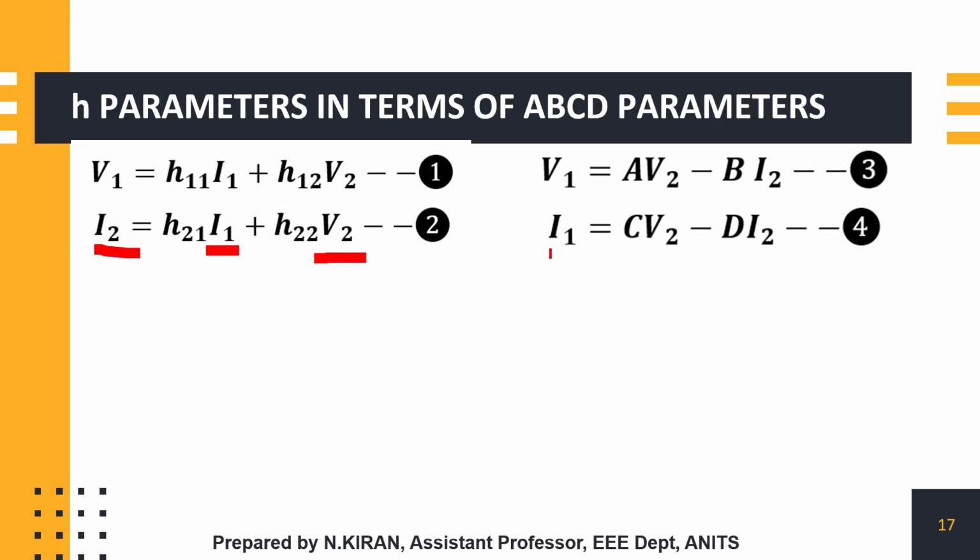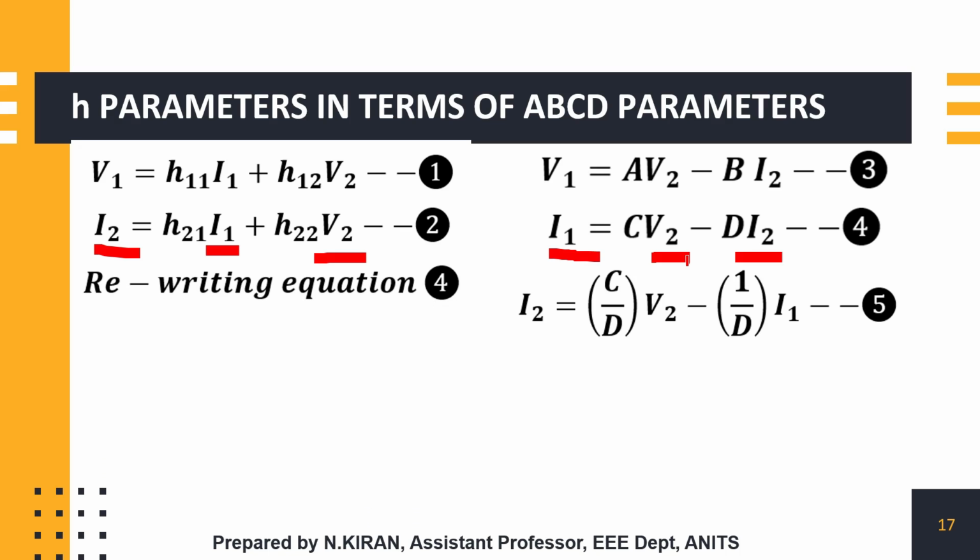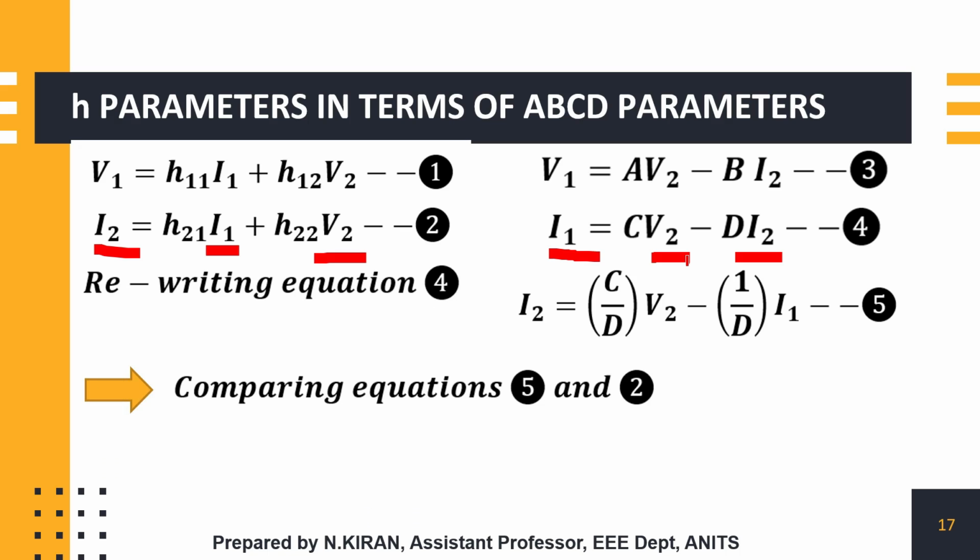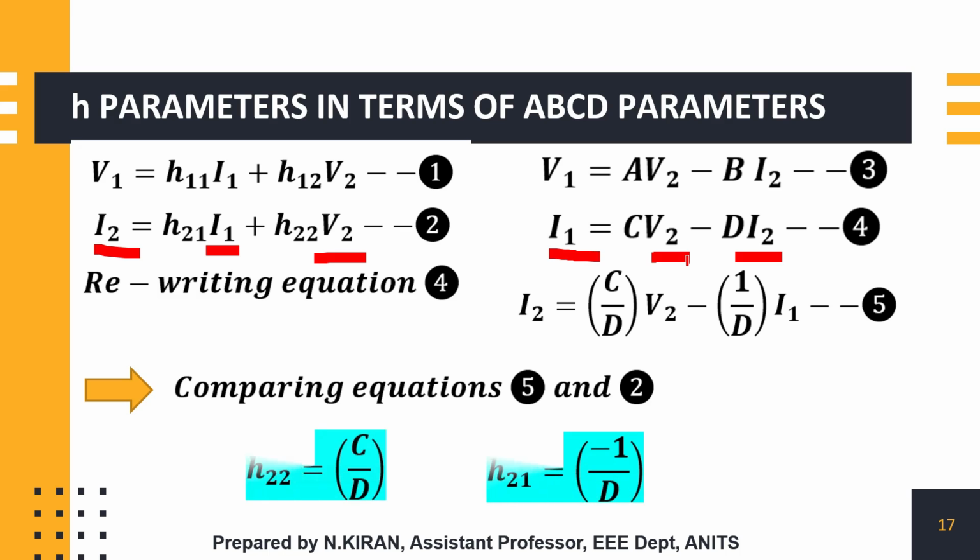In the fourth equation also I have I2, I1 and V2. So I can easily compare the second and fourth equation, rewriting the fourth equation in a suitable form and comparing it with the second equation will give me H21 to be minus 1 by D and H22 to be C by